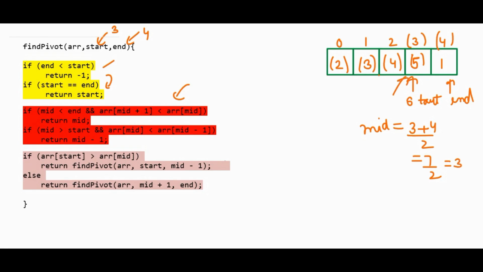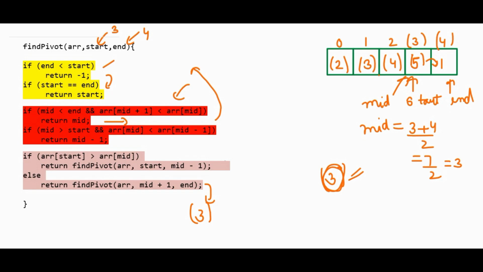So our mid will point at the same position as start. So we have to check if mid is the pivot element or not. So how will we check that? We will see if its adjacent element on the right side is less than this element. Yes, this is less than. So we have to return mid here. We have found a pivot element. Okay. So our third index will be our pivot element. It will return 3 from here, and after that, coming back to the recursive call, from here it will return 3. So we have found our pivot element here, which is at index 3.